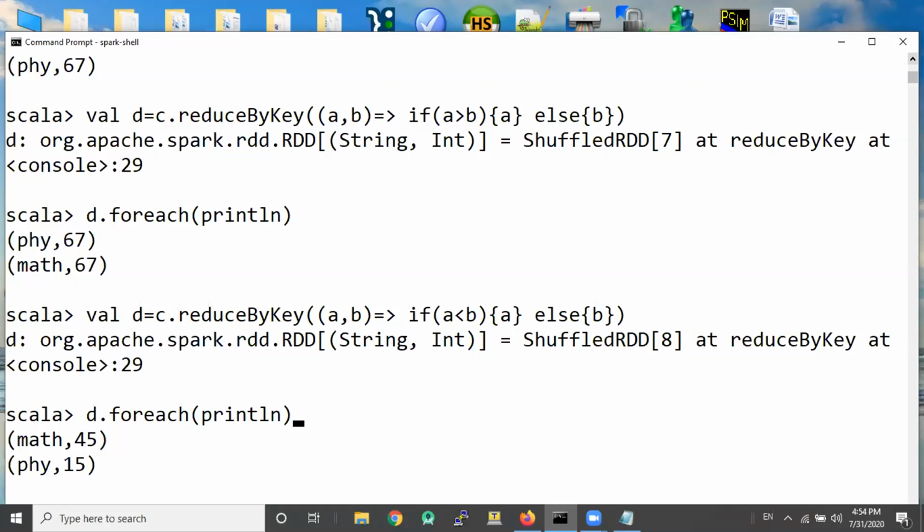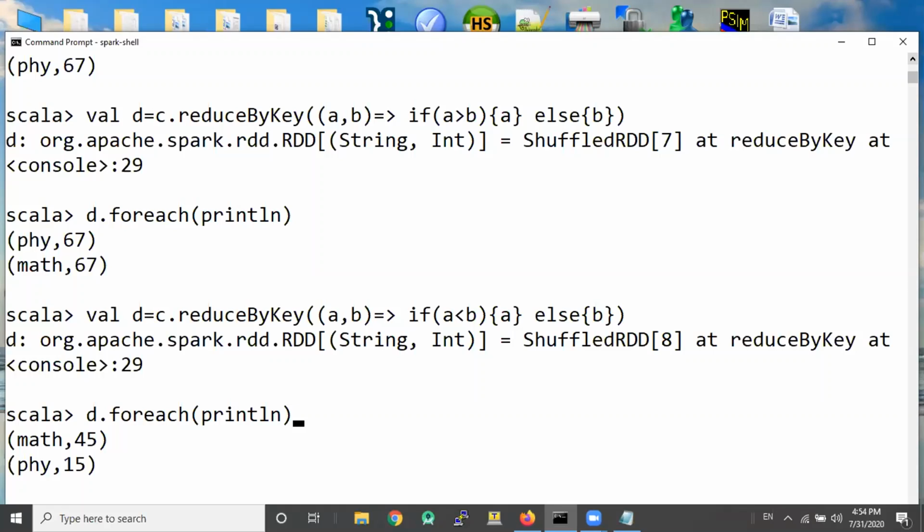So let's say we have the requirement that we not only want the maximum marks, but we also want the student who got the maximum marks.